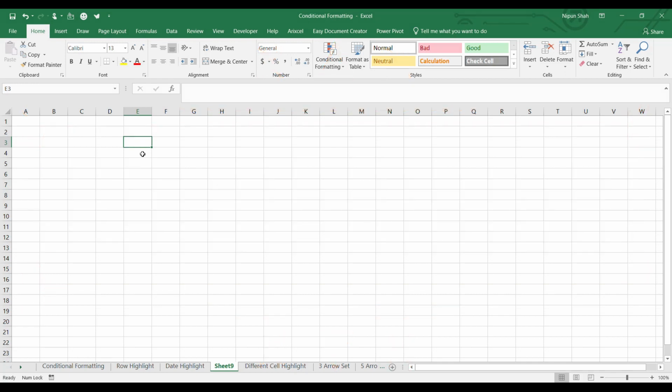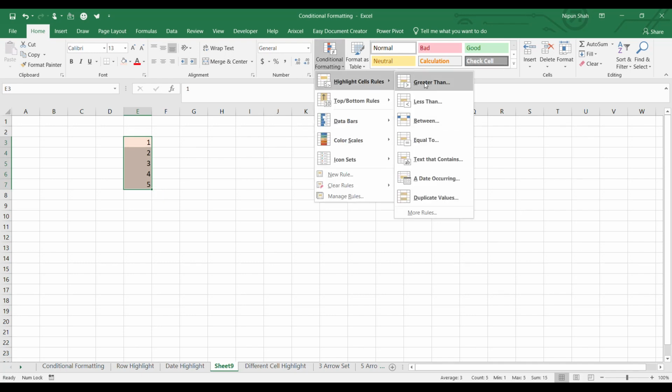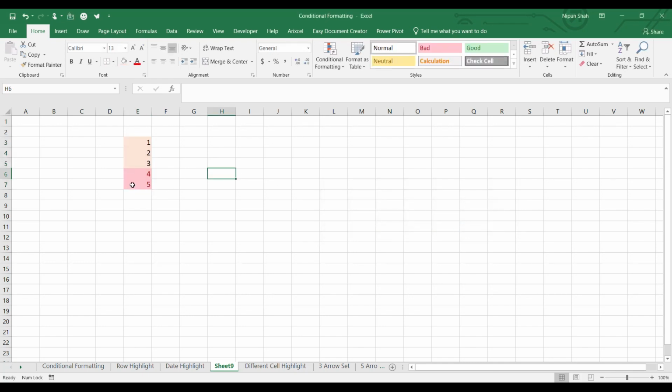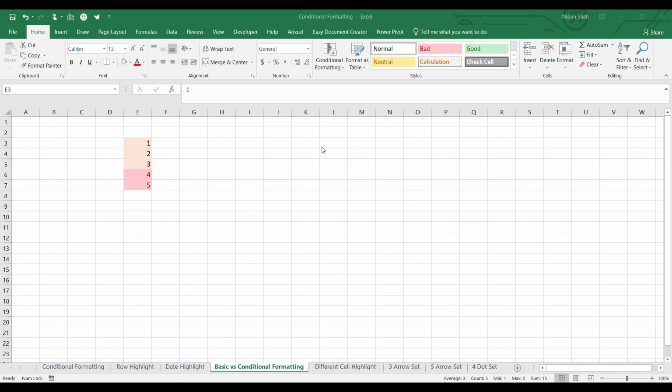Guys, I would like to tell you that conditional formatting supersedes the basic formatting. For example, here I have 5 numbers, and if I apply a format fill orange, and then apply a conditional format over it, for example, if the value is greater than 3, then light fill red. Okay. So see, orange color is gone and my conditional format is applicable. This you should take care. Guys, one more thing that you should keep in mind, that the rule you apply last will supersede all other previous rules you have applied.